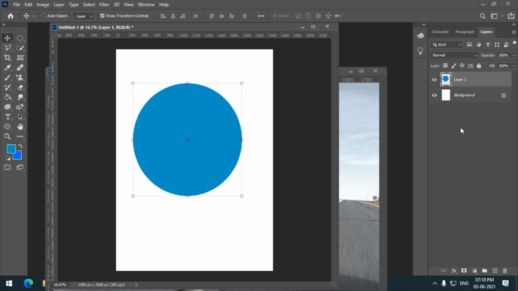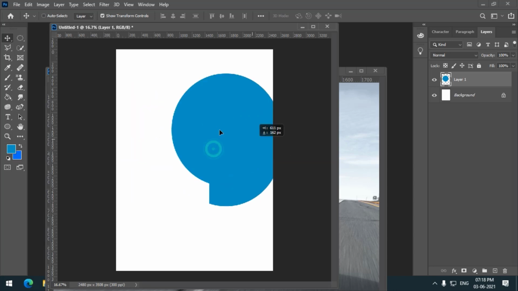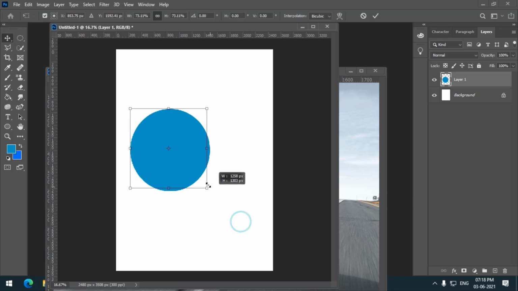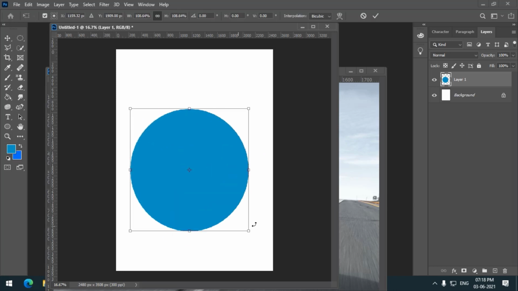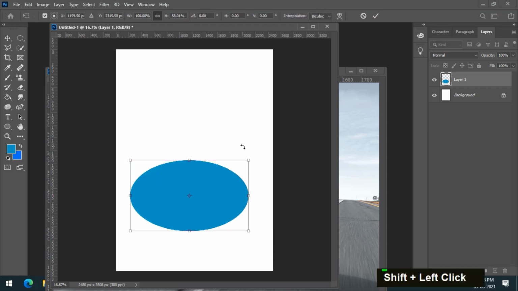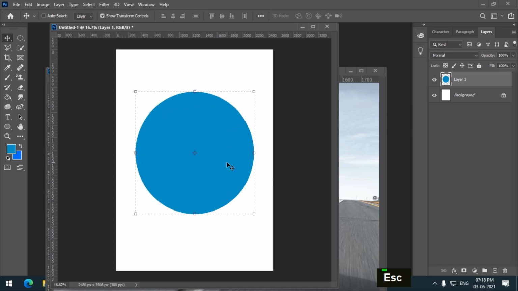But since I have created a new layer, I'll be able to move this, or I can also change the size or basically transform it, rotate, squeeze it if possible, shift like this. So there are multiple options if you create a new layer. If you don't create a new layer, then your options are limited.